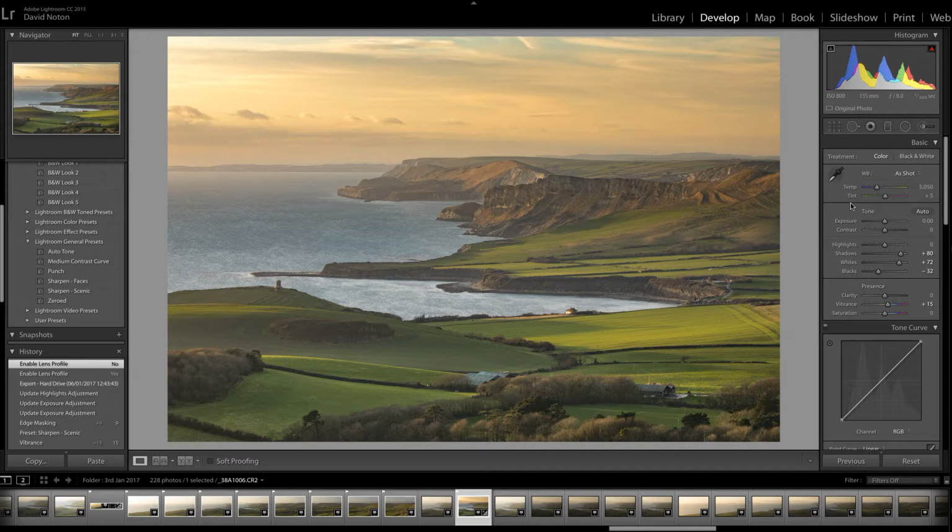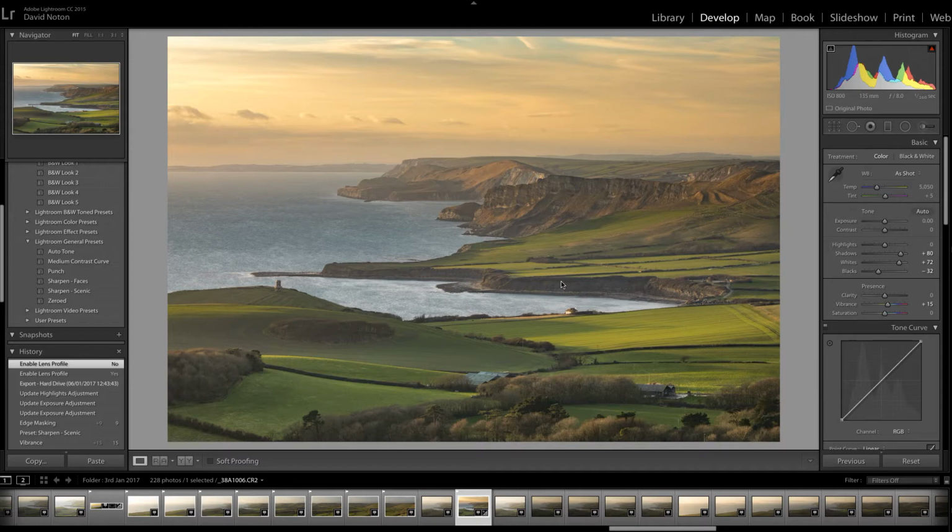On the screen in front of me, I have a shoot overlooking the Jurassic Coast, looking down to Kimmeridge Bay, Clavell Tower there, and beyond, Mupe Bay and Weymouth Bay beyond that. An absolutely beautiful session that I was very pleased to finally conquer. It's a location that I've worked many times but never yet managed to make the picture that I wanted until just a week or so back, when I was rewarded with this beautiful late afternoon winter light on the